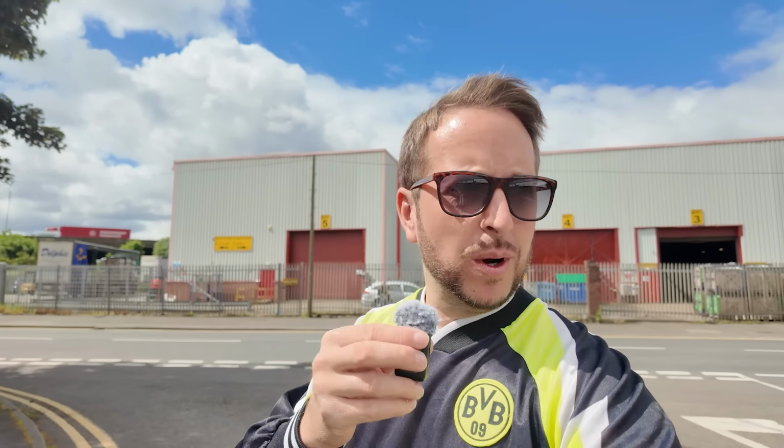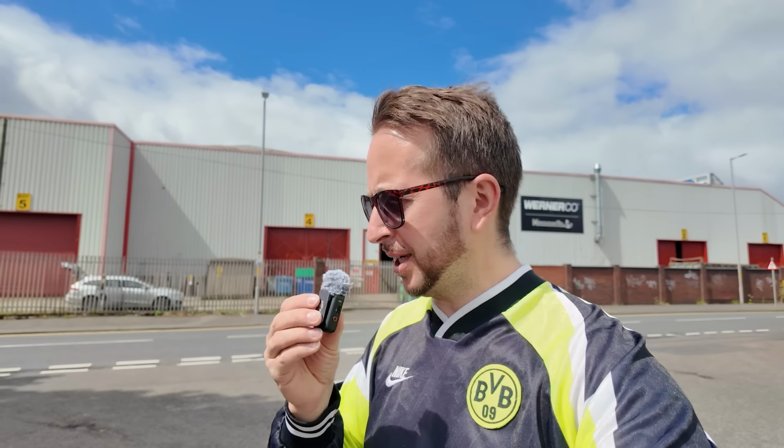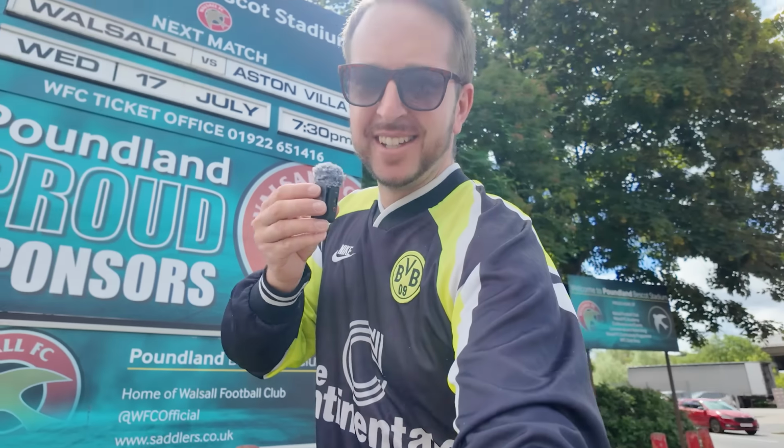Before I turn around and reveal where we are, I'm kind of regretting wearing this Borussia Dortmund shirt, not because it doesn't look incredibly stylish, but I'm walking around with a clip-on mic. I do apologise, the world's smallest mic. But the last time I clipped it to a retro football shirt, it ruined the shirt, so you're going to have to bear with me, guys, holding the microphone as I stand here